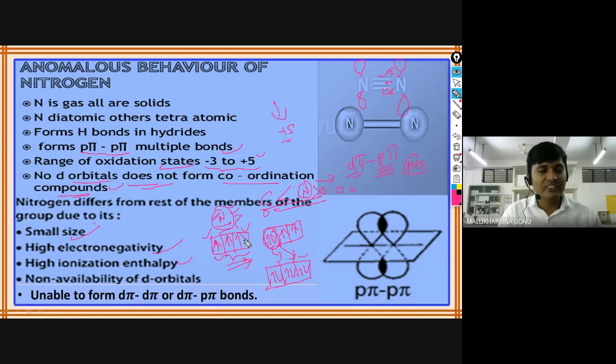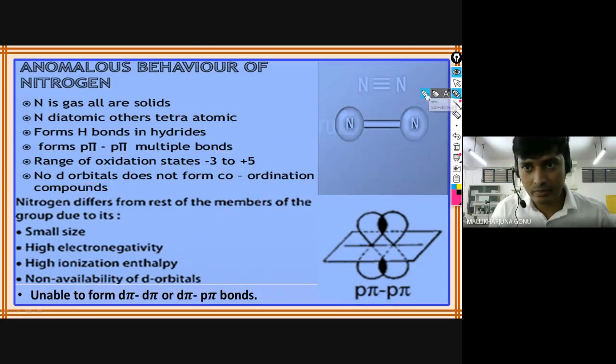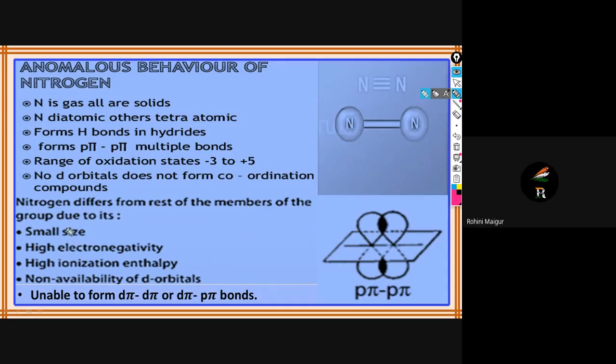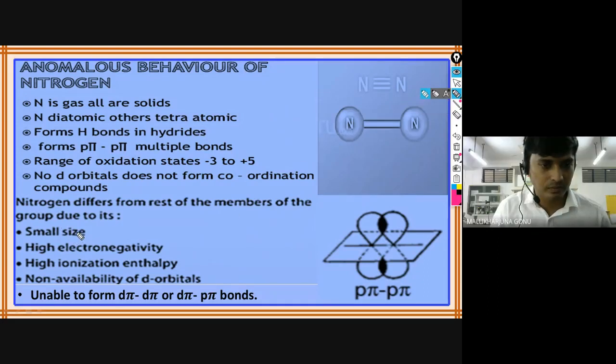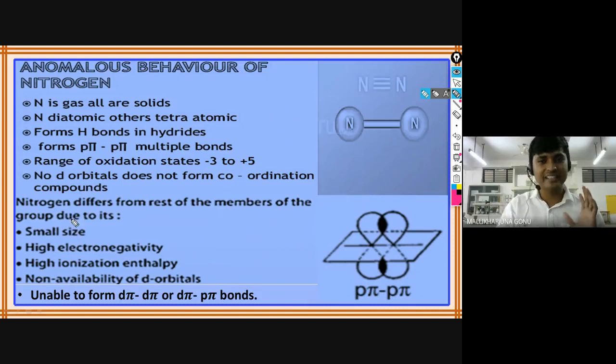Since it is half-filled, the orbital energy is stabilized, and the electrons will be stabilized in that. If pairing starts, some repulsions will start, and removing those electrons will be easy. I hope it is clear now. Is it clear, Rohini, now why it is? Yes, sir. Vidisha? Yes, sir, now it is clear. Next, because these concepts we have studied in 11th also. Okay, next we will see